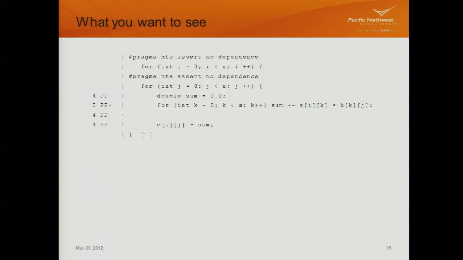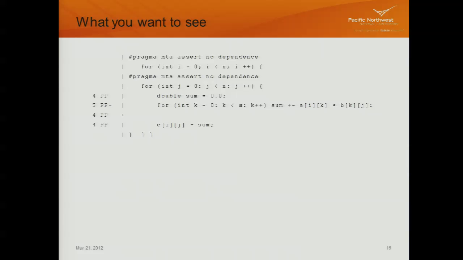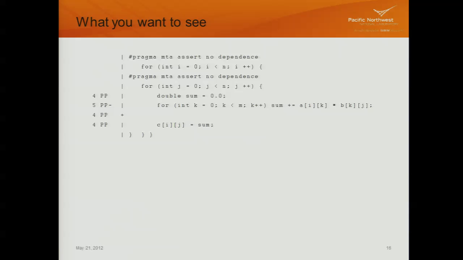But when we broke for lunch, we had taken this code here, which was the matrix multiplication, and we had added the two pragmas, and we got something of the right structure, which is the outer loop parallelized and basically n squared parallelism, which is enough to keep the machine busy. And then just to further show you the type of information that you can get from the Canal output,